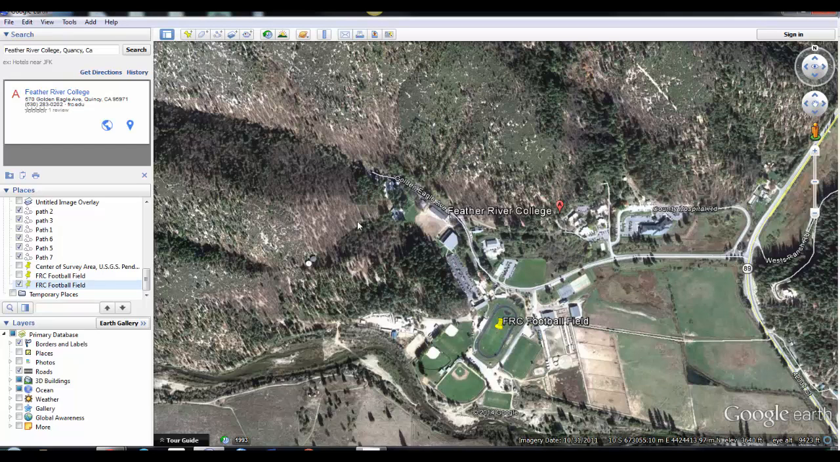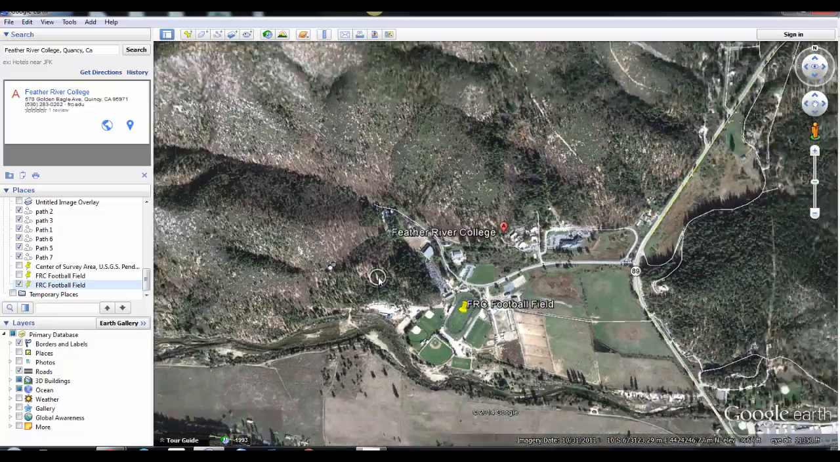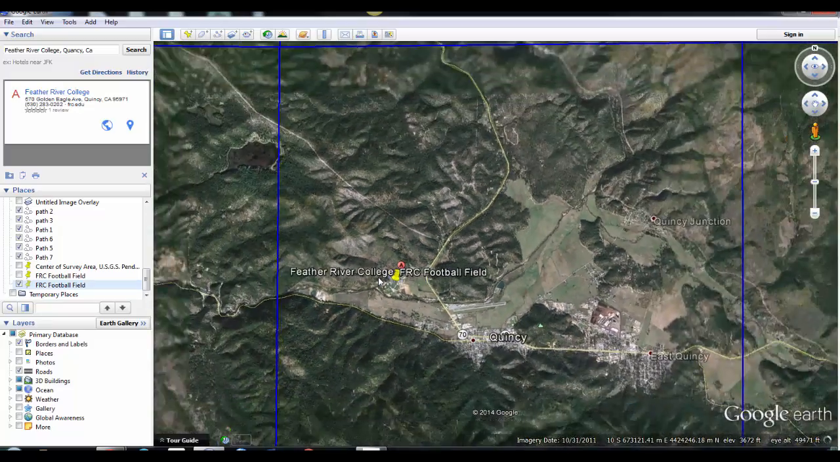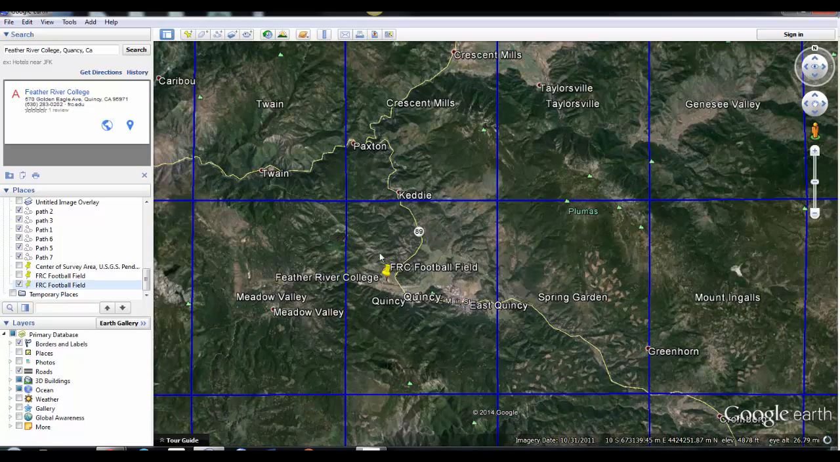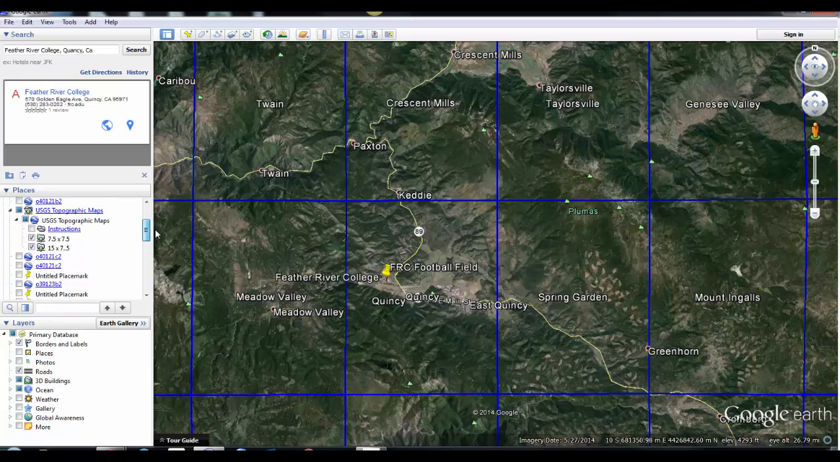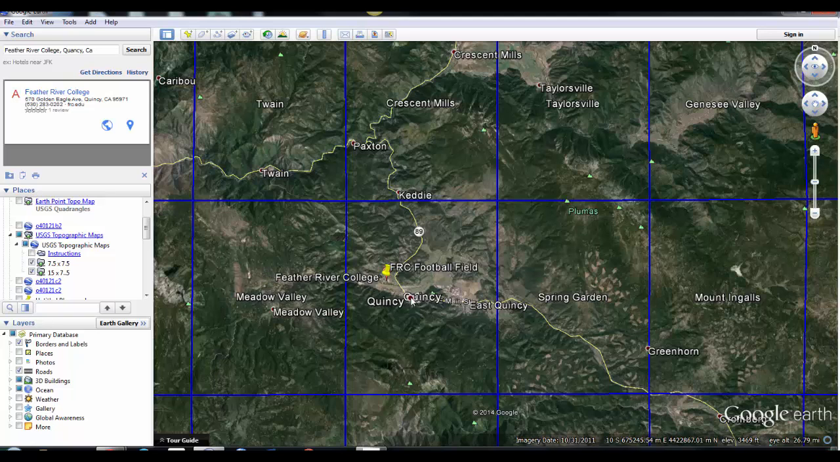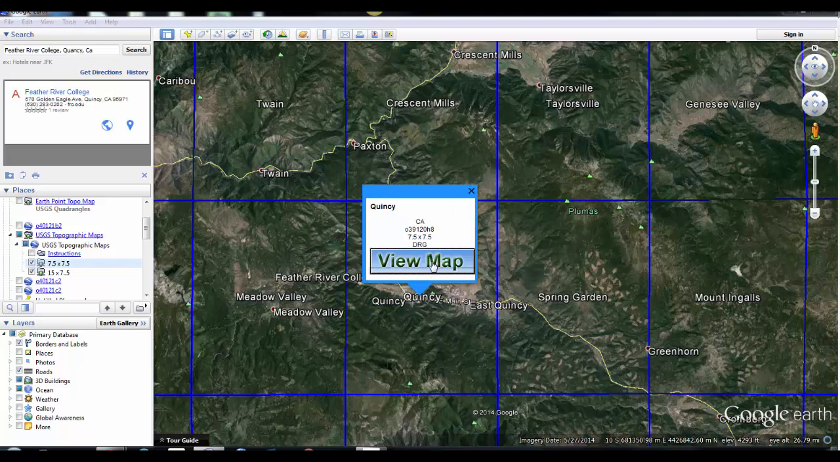Now, you're also tasked with doing the same thing on a topo map, and this is really simple to do. We're just going to scroll out a bit. If you've installed your topo maps, you should see this blue grid. These are going to be in your temporary folder places. You should see it here in Places, and it should say USGS Topographic Maps right here. So we scroll out. You'll notice that each quad relates to a quadrangle. If you click on the name, it'll say View Map,